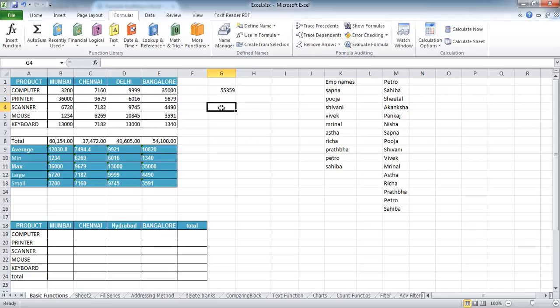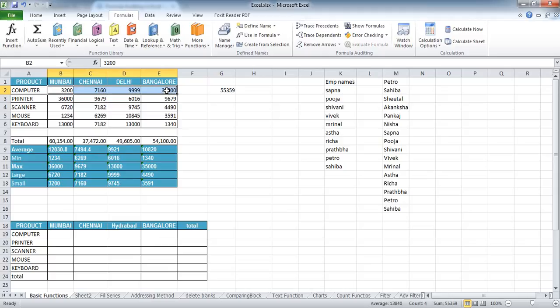Now, Excel provides you a much easier way to reference the range in which you want to apply a formula. In this case, you know that there are four cities across which you are trying to assess the sales of computers. So you know the range is always going to be from B2 to E2.